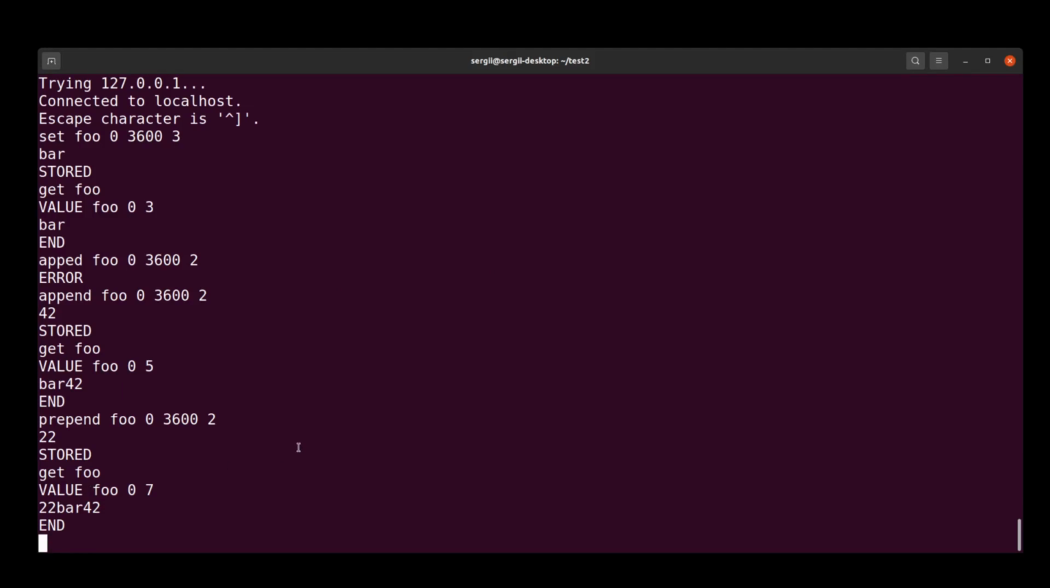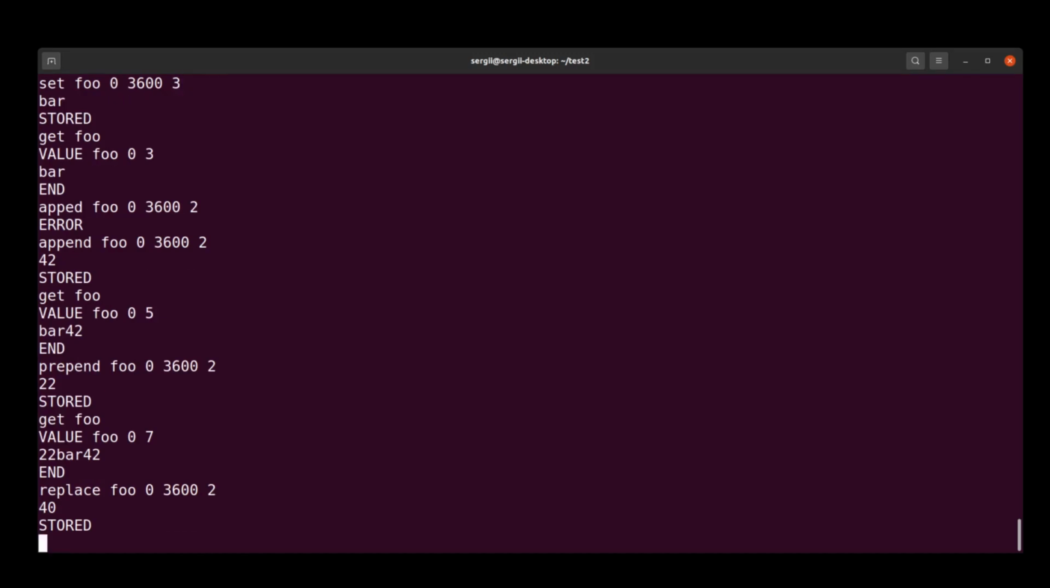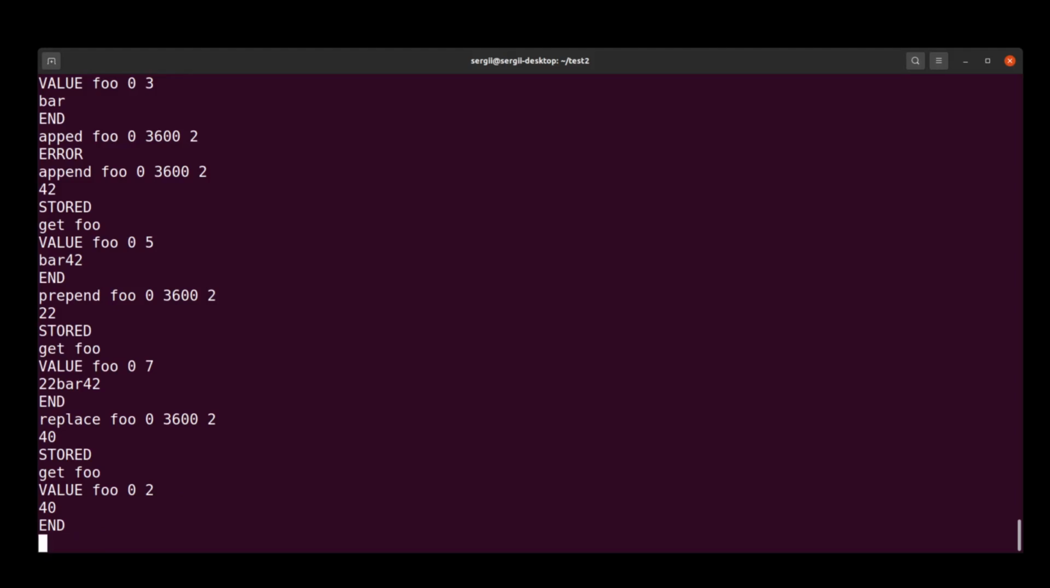Okay, another one, probably, yeah, let's cover replace. Replace foo with 2 bytes, value 40. And the interesting one, it's going to be 40 if we get foo. Yeah, we get 40. Another interesting one is we could actually increment and decrement the value, but I guess it